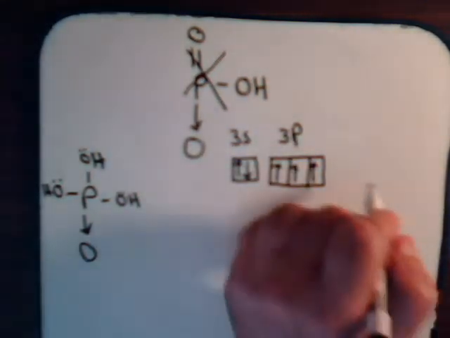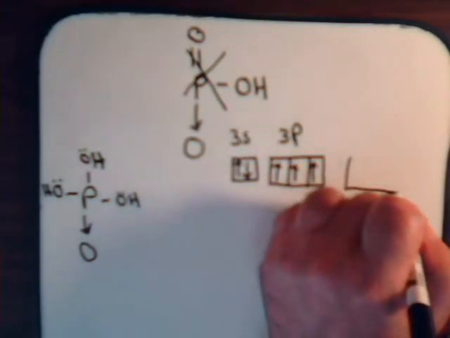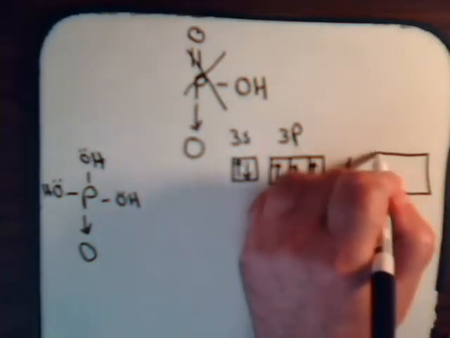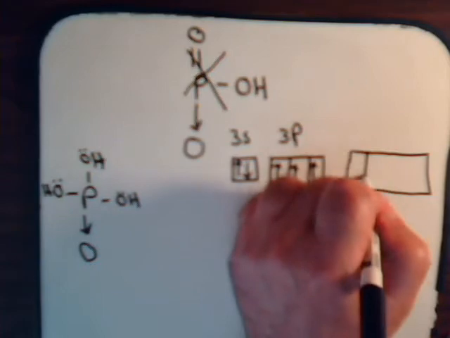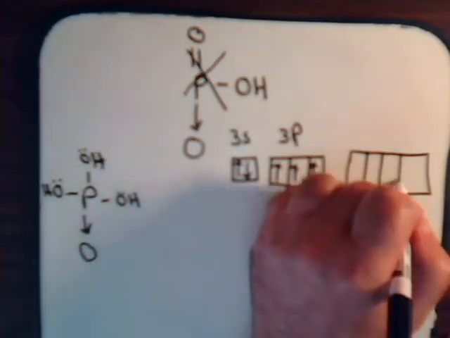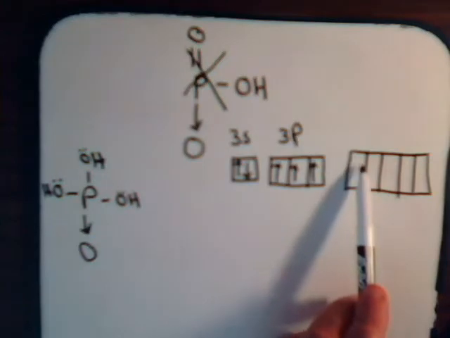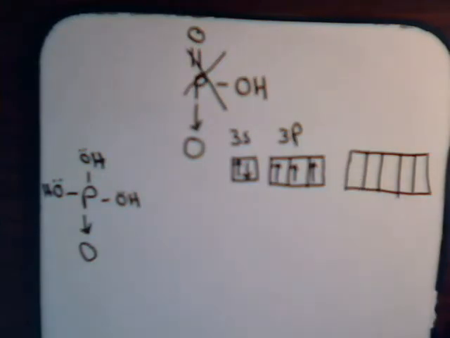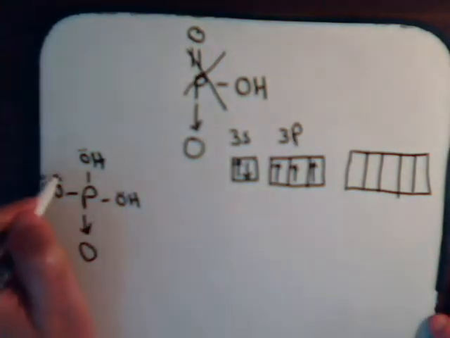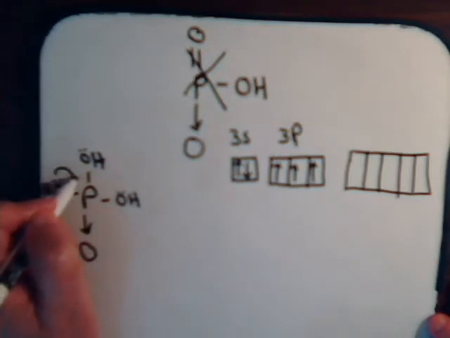Phosphorus also can expand into the d orbitals. So what can happen here is these pi electrons can go ahead and fill an empty d orbital for phosphorus. So these can come down like this